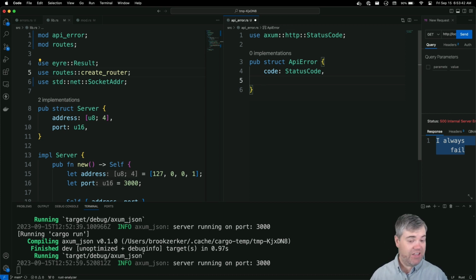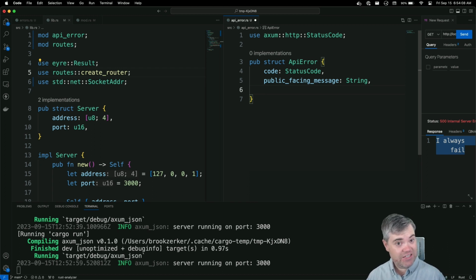Now, to be really clear to myself, I want to let whoever's coding on this, which is me, know that this is meant for the end users. We're going to have a public facing message, and this could be a string. If I wanted some other messages around here, we can totally do that. Like I can have a private message or a log message or something else. Any other metadata, if I want like a JSON struct to send back instead of a string, we can then store data that would be turned into that JSON at this point in time. But I'm not going to worry about that.